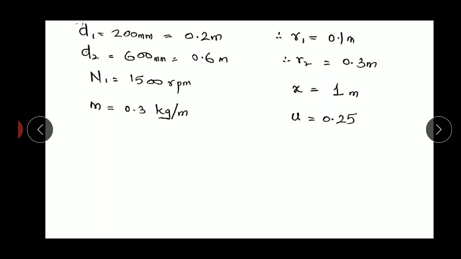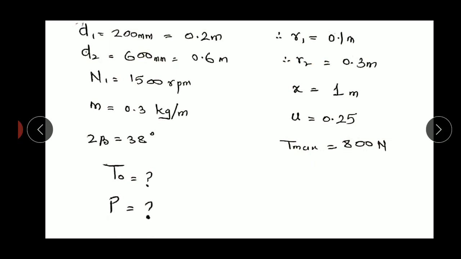N1, that is the speed of the driving pulley, is 1500 rpm, center distance is 1 meter, and mass per unit length, this m is not mass but mass per unit length, so it is 0.3 kg per meter. Mu is also given, it is 0.25. 2 beta is 38 degrees, that's why beta will be 19 degrees. Maximum allowable tension, Tmax, is given as 800 newtons,